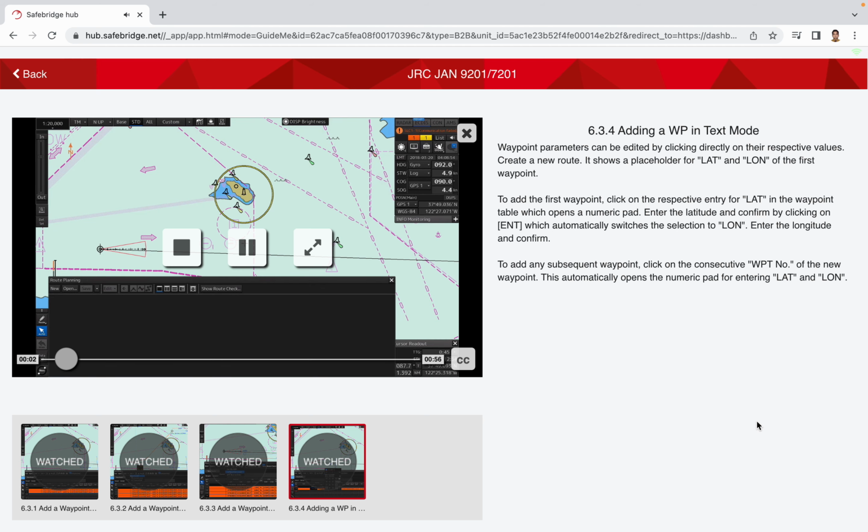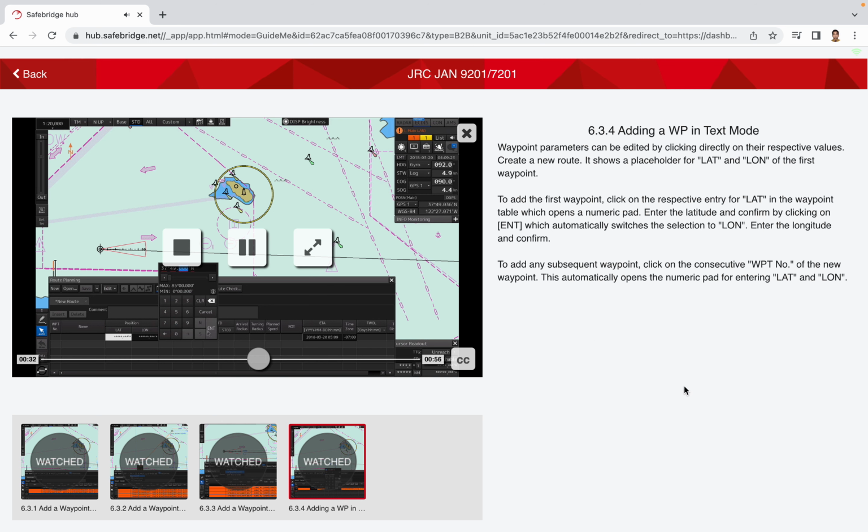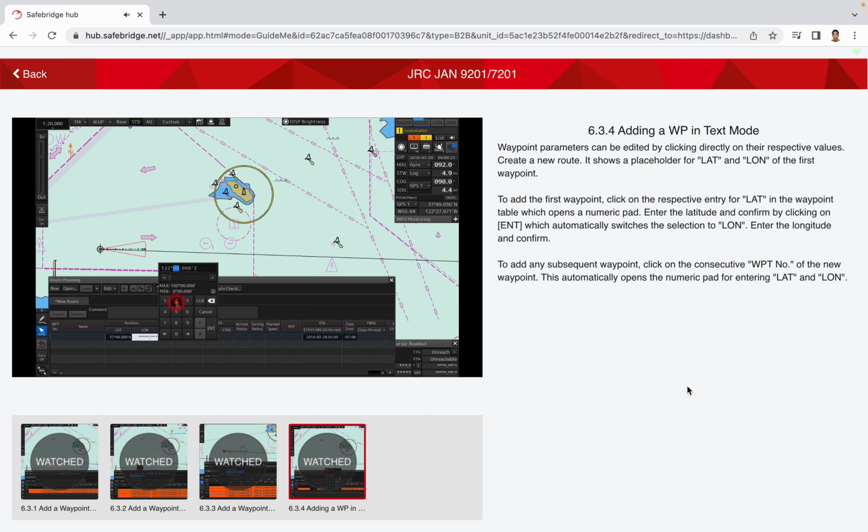Adding a waypoint in text mode. Waypoint parameters can be edited by clicking directly on their respective values. Create a new route. It shows a placeholder for latitude and longitude of the first waypoint. To add the first waypoint, click on the respective entry for latitude in the waypoint table, which opens a numeric pad. Enter the latitude and confirm by clicking on Enter, which automatically switches the selection to longitude. Enter the longitude